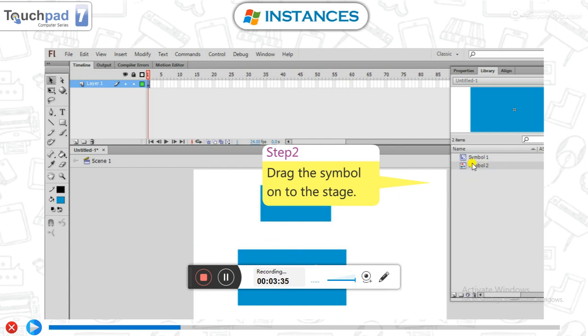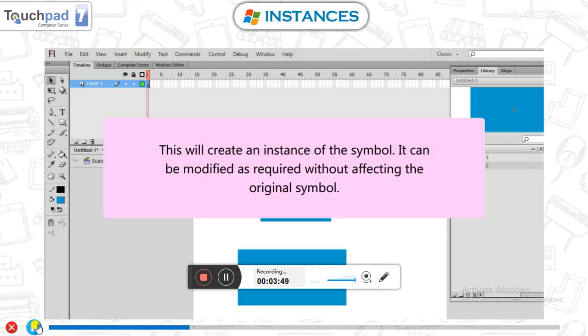Suppose here it is symbol 2, I select it, drag and drop, and then this symbol appears on your stage. After dragging it onto the stage, you can modify it as required.